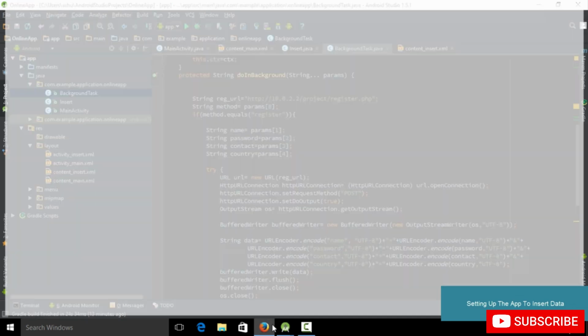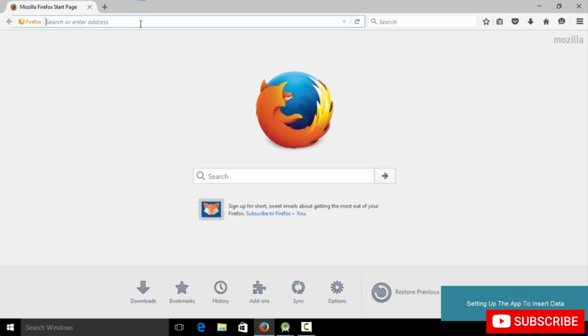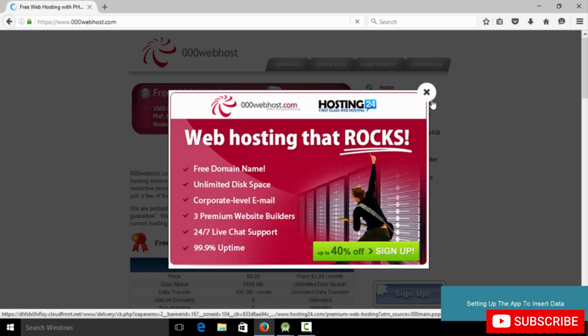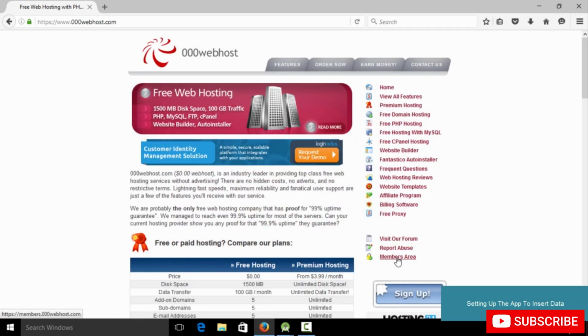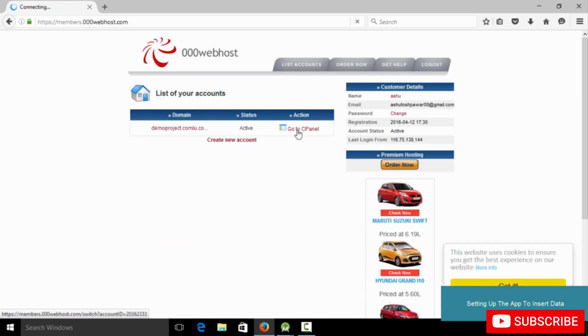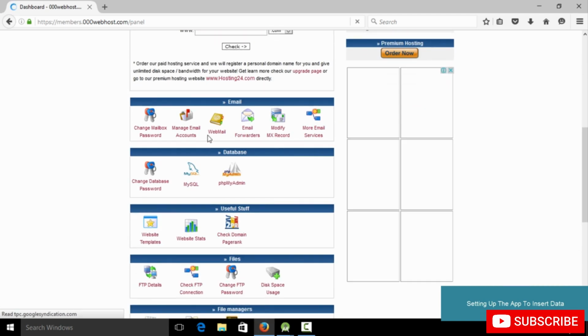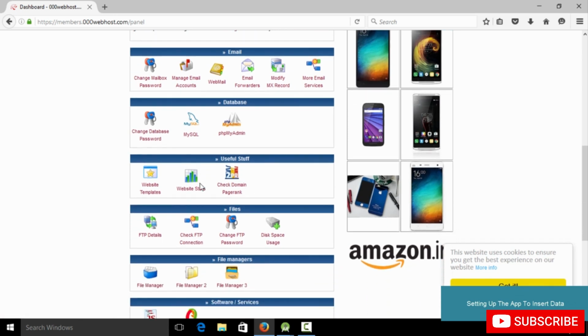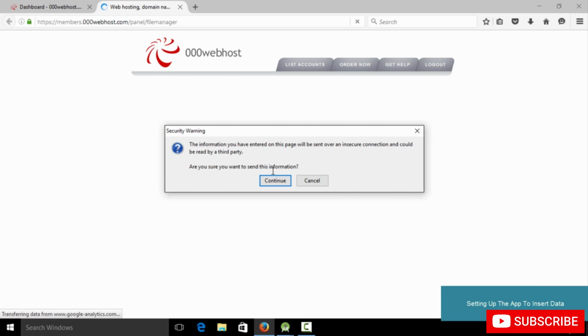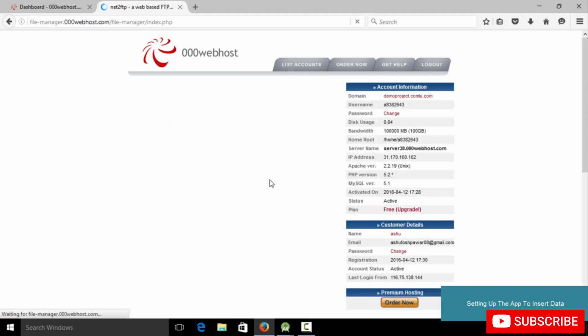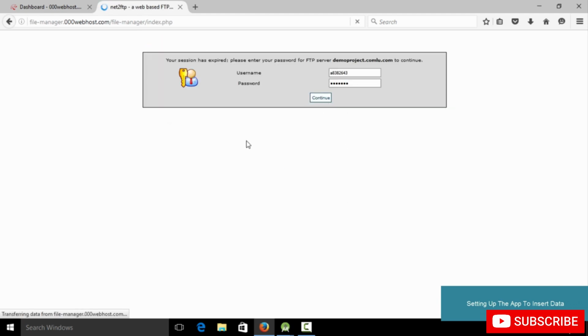So basically in order to check the URL, we basically go to 000webhost, and we are going to log in over here. So go to members area and go to cPanel, go to the file manager so as to check the URL. So simply open up file manager, hit continue,